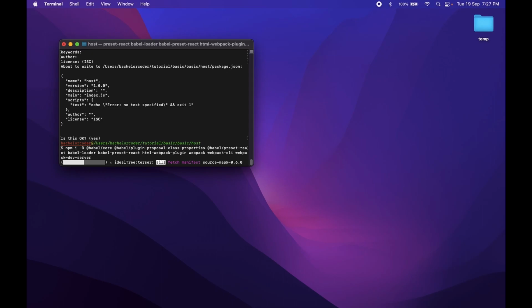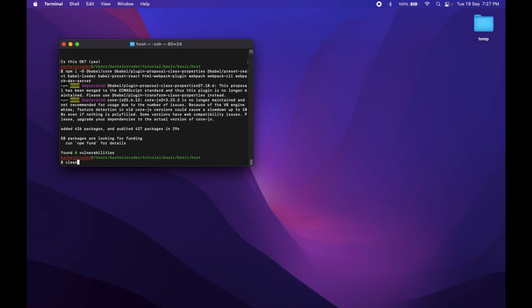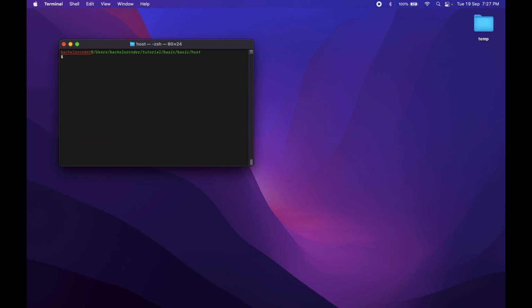We'll come back after it got installed. Let me clear this terminal, and two more dependencies are required, that is React and React DOM,